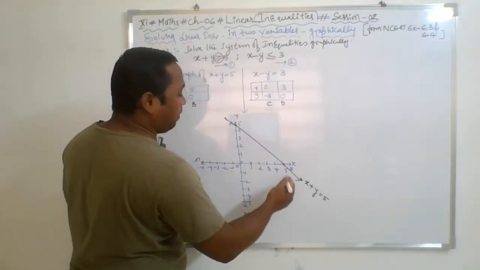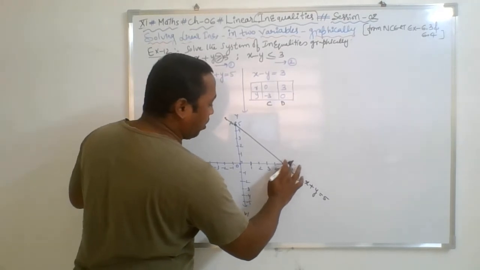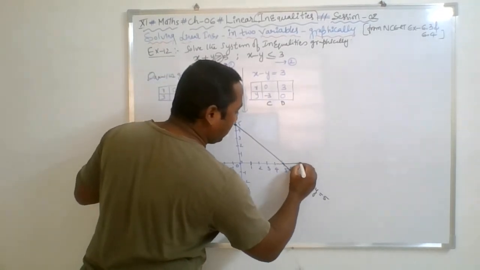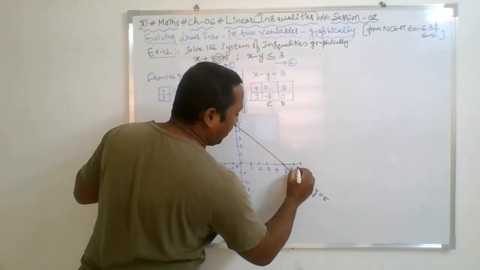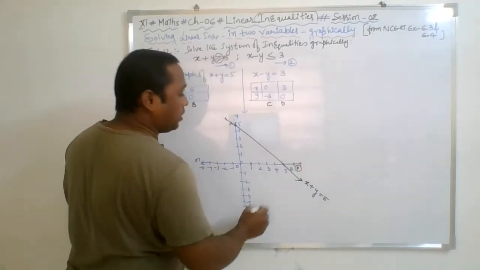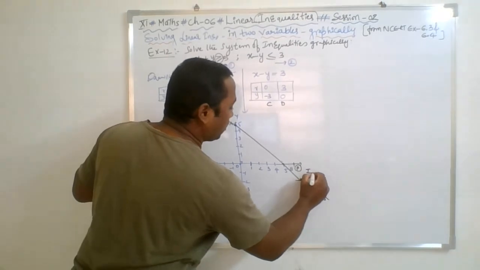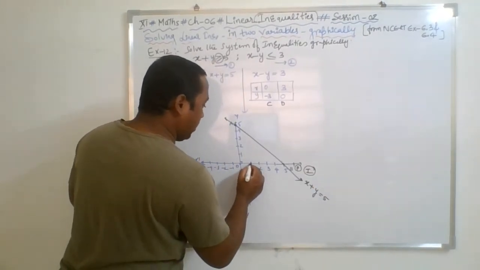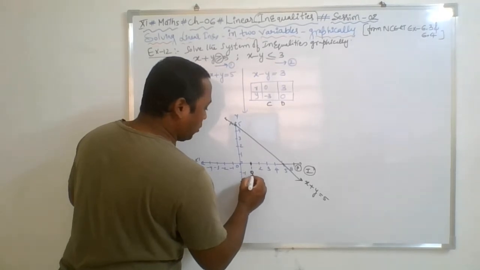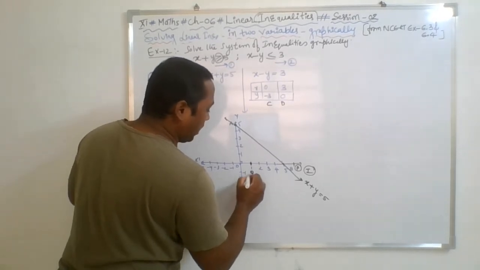You can take them anywhere. So from here I extend the x-axis a little. Here I am taking a point P. P is a point from the first half plane, and let us say this is a point I want to take as Q, which will be from the second half plane.